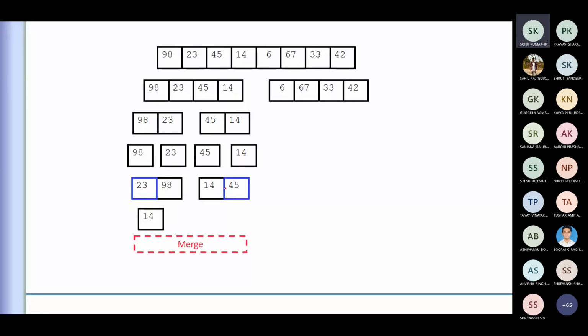We are just moving the pointers here. 23 is compared with 45, and we find that 23 is lesser than 45. Then 45 is retained and compared with 98. So 45 comes next, and 98 is the last element. So we get the first half of the given array merged and sorted.